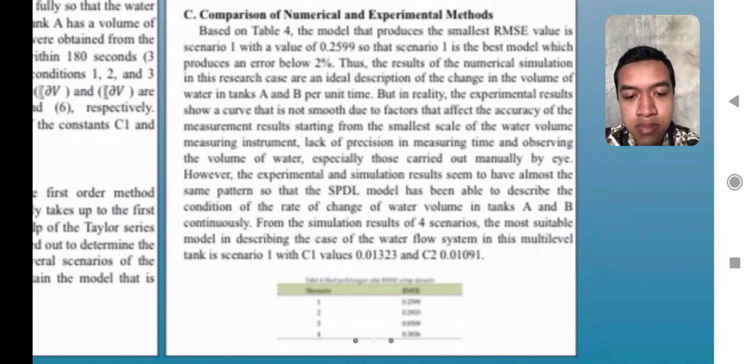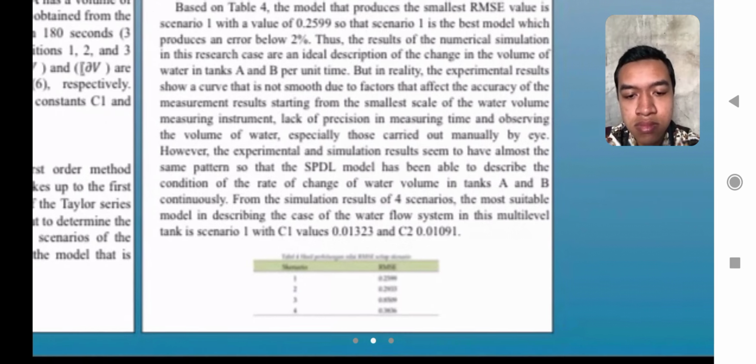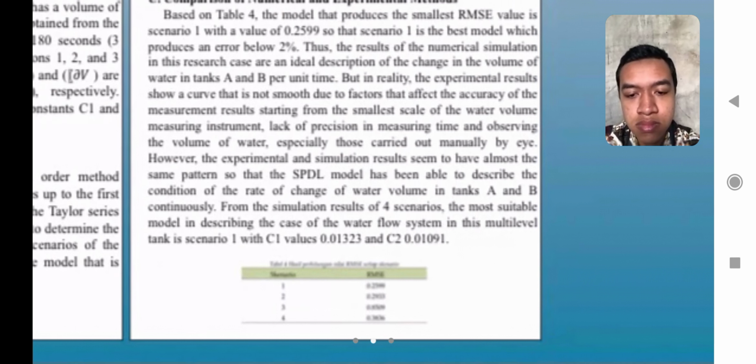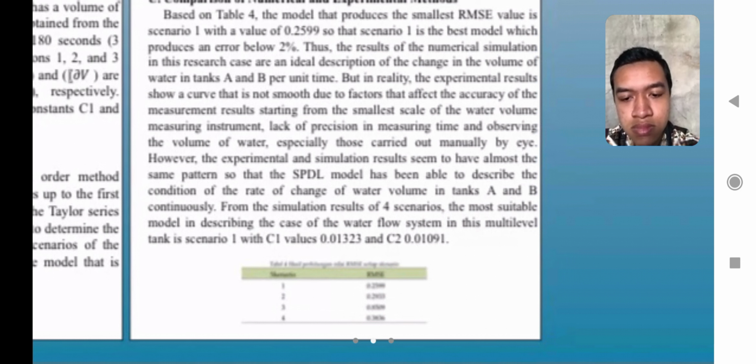However, the experimental and simulation results have almost the same pattern, so the SPDL model has been able to describe the rate of change of water volume in tanks A and B continuously. From the simulation results of four scenarios, the most suitable model in describing the water flow system in this multi-level tank is scenario 1